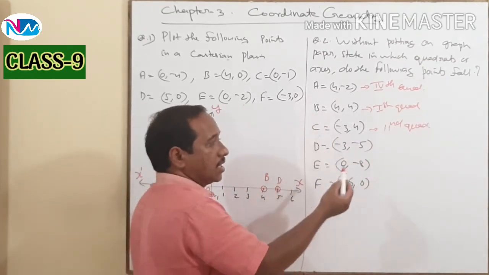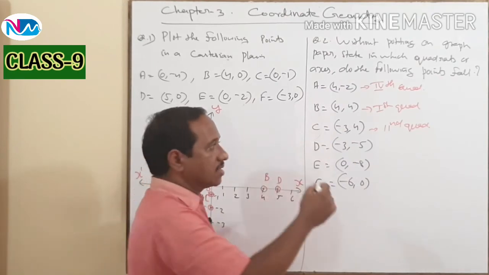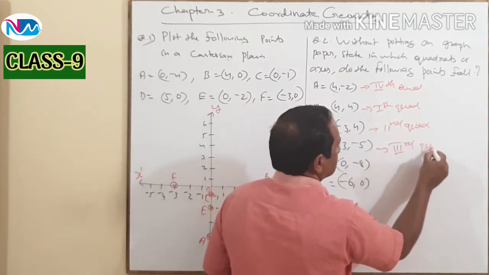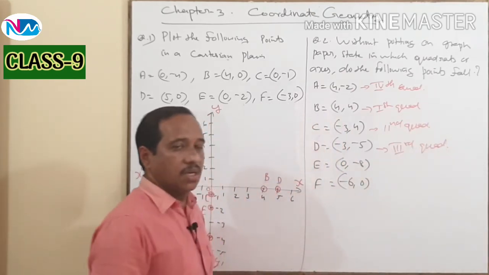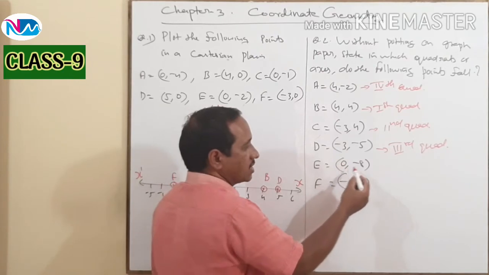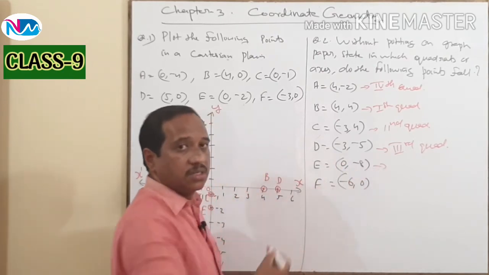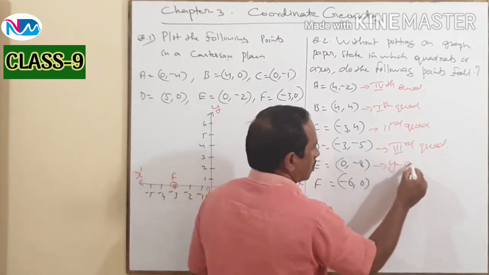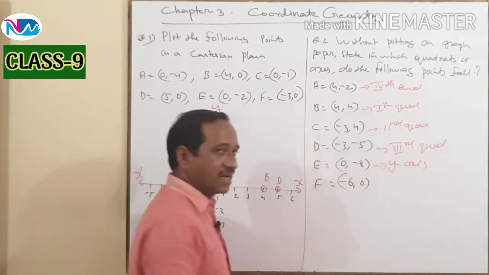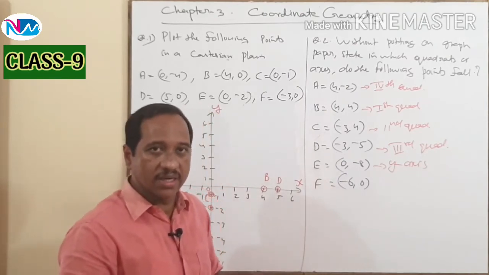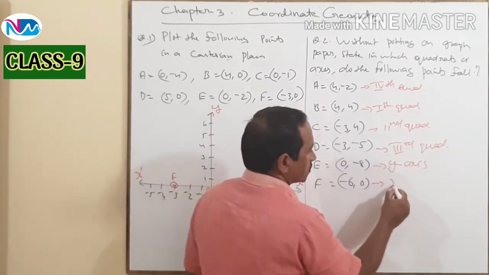And point D has both x-coordinate and y-coordinate negative, so it is in the third quadrant. Now when it is point E, whose x-coordinate is 0, if the point has x-coordinate 0, then it lies on the y-axis, and finally the point F has y-coordinate 0, so it falls on